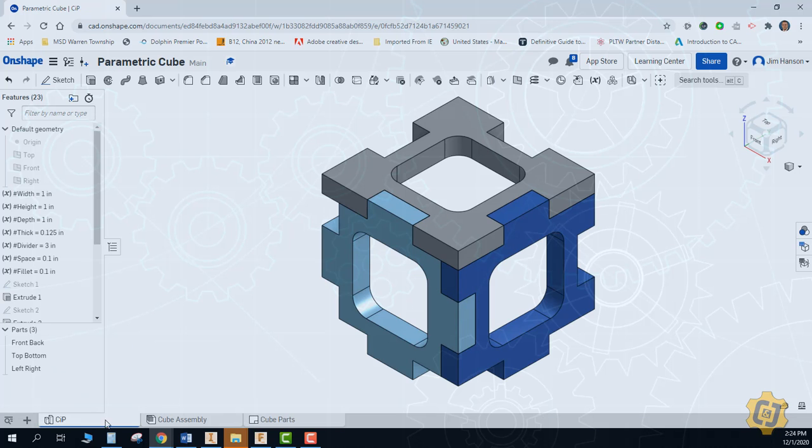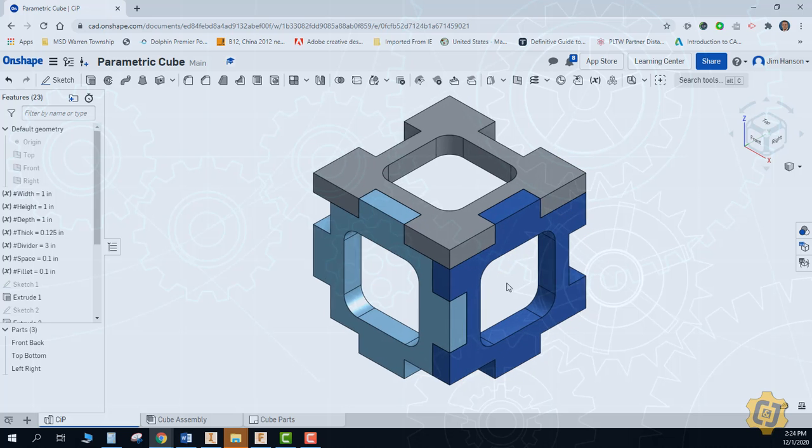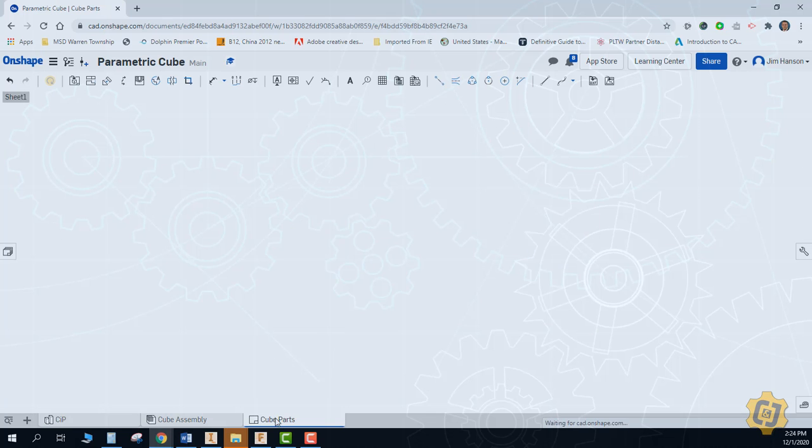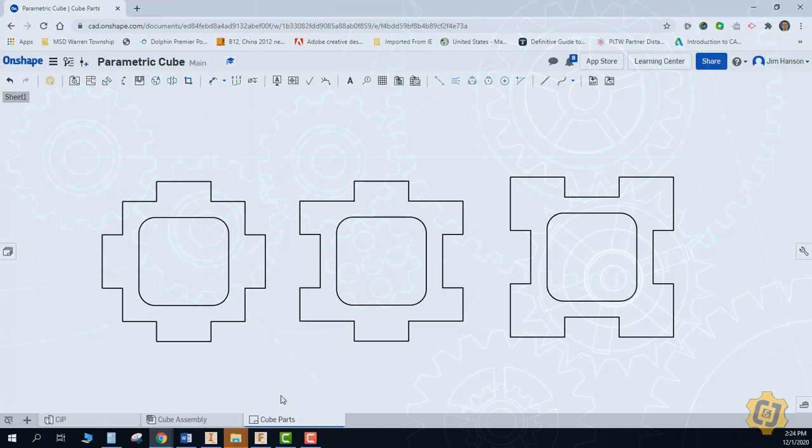So in this activity, I'm really only going to model 3 different pieces because there's 2 of them that'll be the same for front and back, 2 of them that are the same for the left and right, and then the top and bottom. So those are the only pieces that I need to model, and I'm going to model them as components in place. They're all going to get modeled in the exact same file. Then I'll go ahead and do my assembly and then make my working drawings, and then I can export that